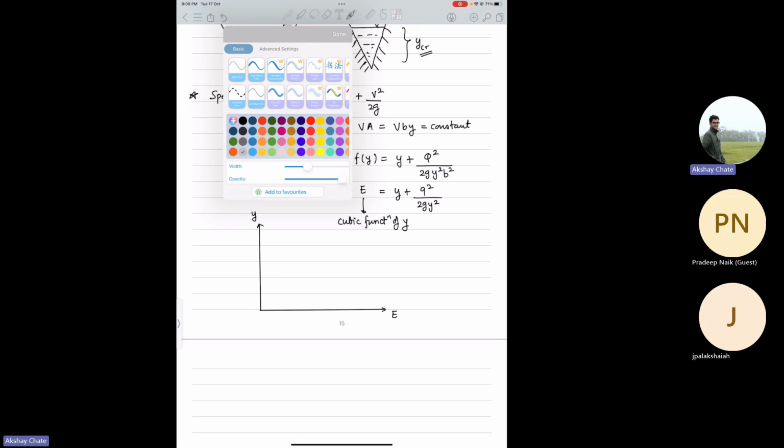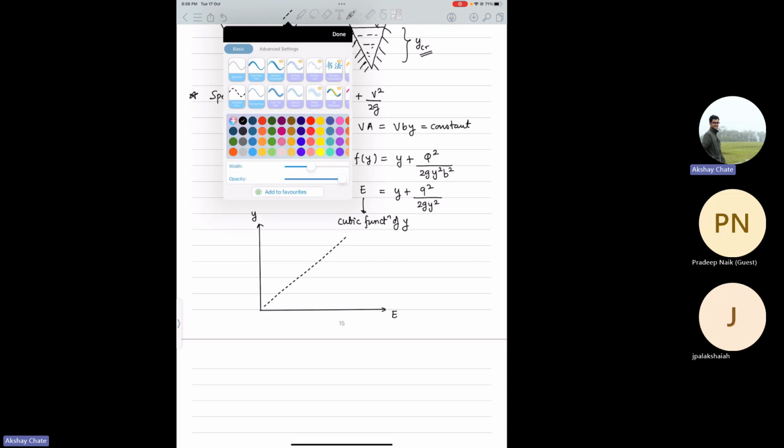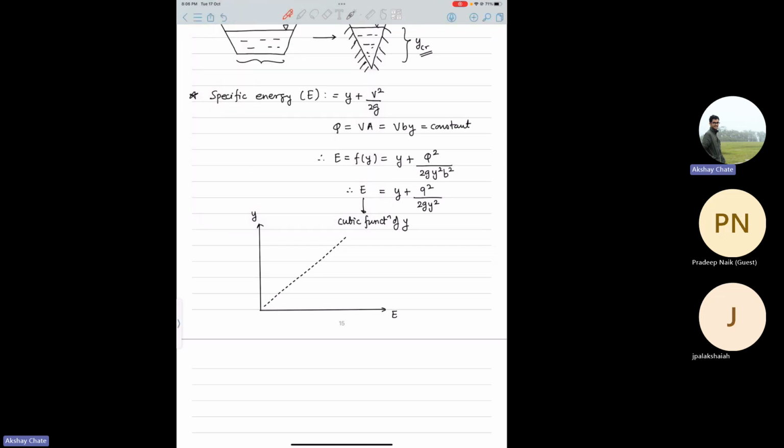So one root is nothing but... okay. I should have used another color, but anyway. Or maybe I can use some other color. So it looks like it approaches both the roots asymptotically. What I mean is, asymptotic is like it doesn't reach the value, but in infinity it may reach. We don't know. So anyway, the point is there are three roots to this equation,